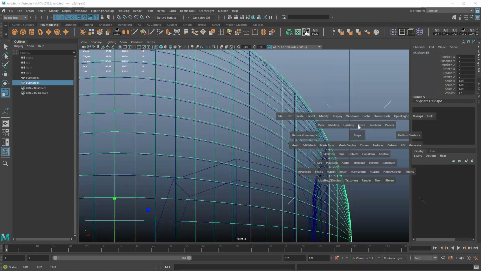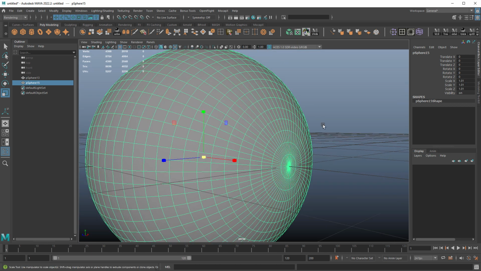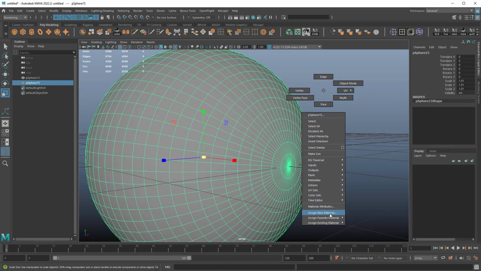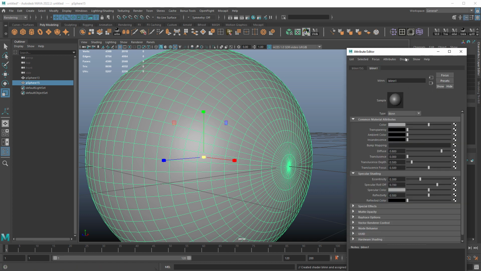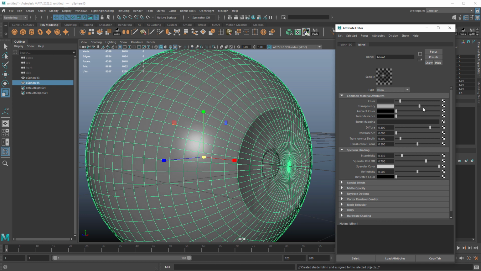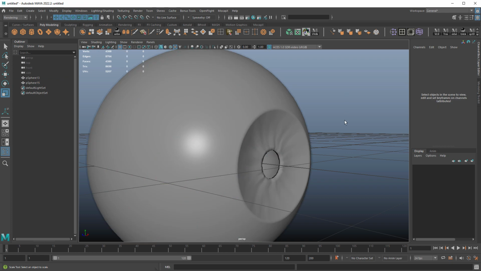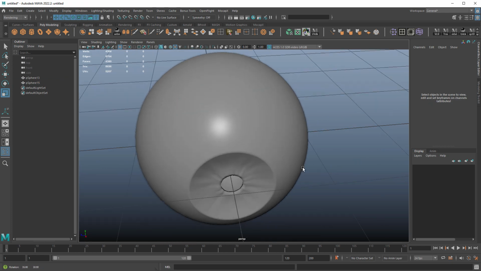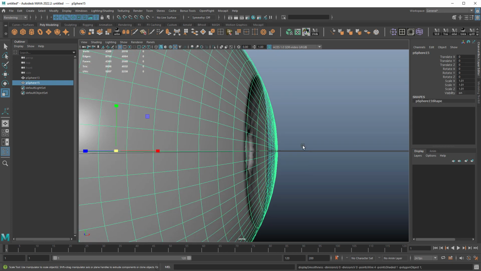So scale it a little bit, like that. And just so we can see what's happening, I'm going to assign a blend, and I'm going to set the color to almost black, increase the spec, drop the eccentricity, and then increase the transparency, like that. All right, so now